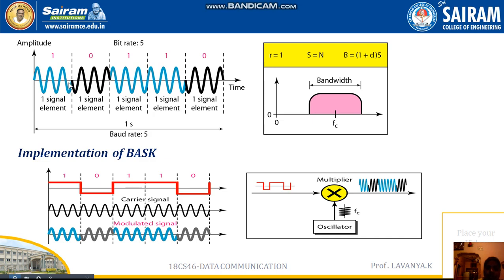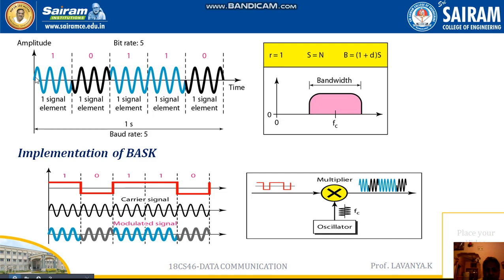Starting and ending, the bit starts from the 0th degree. But if the data value is 0, the phase is going to start with the 180 degree. This is the 180 degree here. The sine wave comes at the low level, the low position, going from lower level to higher level. But when the data is 1, the degree will be 0, meaning it should be at the upper level. See the difference between the sine waves here. This is the 1.